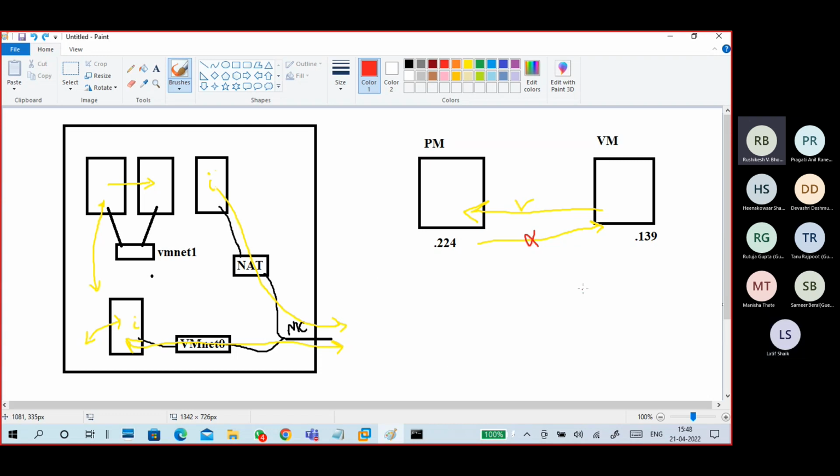But here it is not like that. Both are in the same logical network, and pinging from one side to the other means the physical connectivity and logical address are correct, but this is not working. We get request timed out. So there is a possibility that the firewall is blocking your network.